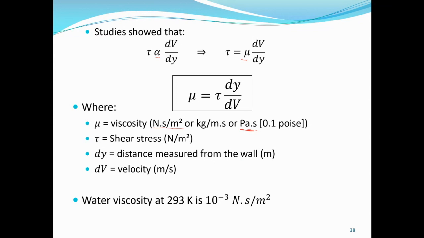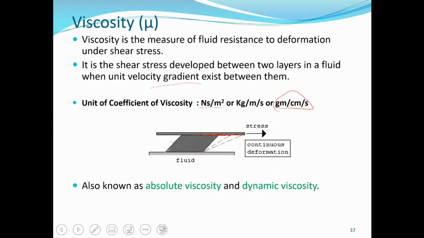Water viscosity at 293 Kelvin, which is around 25 degrees Celsius, is 10 to the power of minus 3. But I think, let me check here. Just 1 minute, I want to double check something. There is a figure, but I feel probably